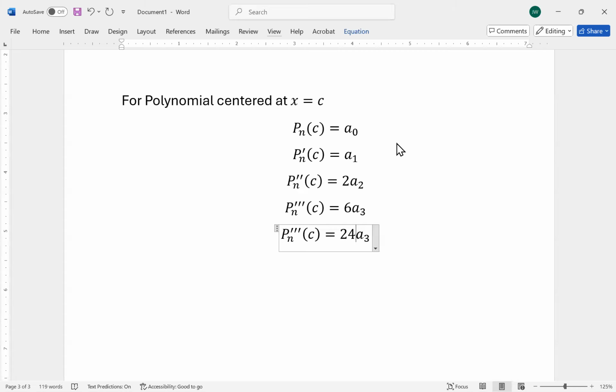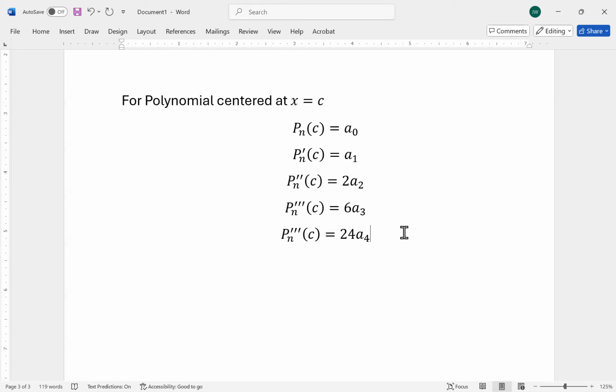So for a polynomial centered at c, the way I wrote it, the constant term will be a0. That's what happens when we plug in c. We get a0. When we take the first derivative and plug in c, we get a1. Second derivative, plug in c, we get 2a2. Third derivative, we get 6a3. The fourth derivative, that would be a4, we get 24a4 because that would come from